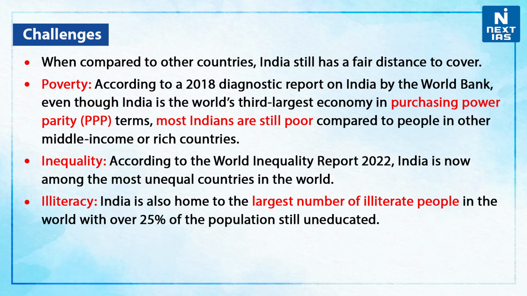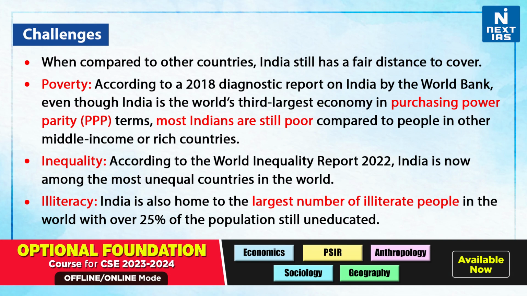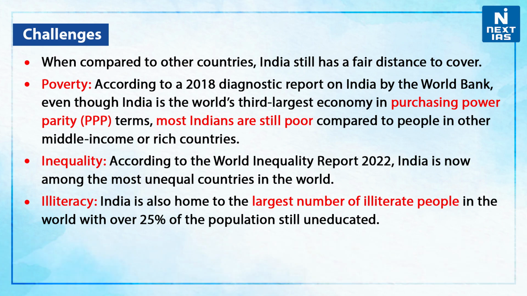distance to cover. Also, according to a 2018 diagnostic report on India by the World Bank, even though it is the world's 3rd largest economy in purchasing power parity, that is PPP terms, most Indians are still poor compared to people in other middle income or rich countries. According to the World Inequality Report 2022, India is now amongst the most unequal countries in the world. For illiteracy, India is also home to the largest number of illiterate people in the world, with over 25% of